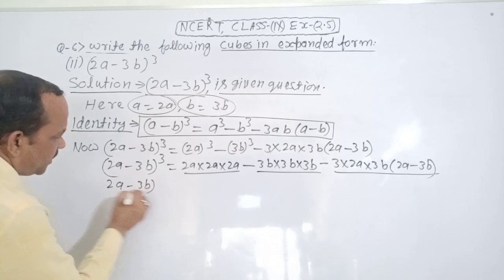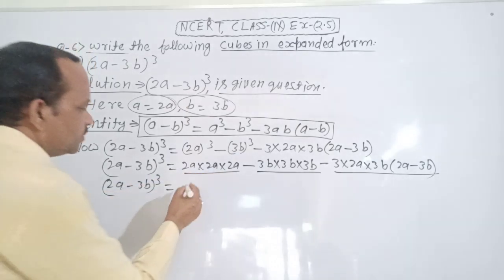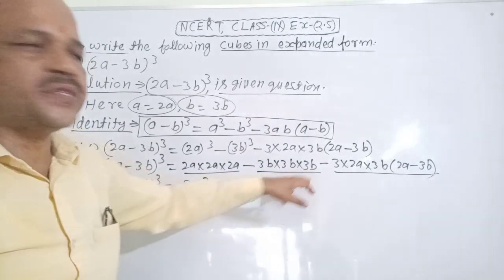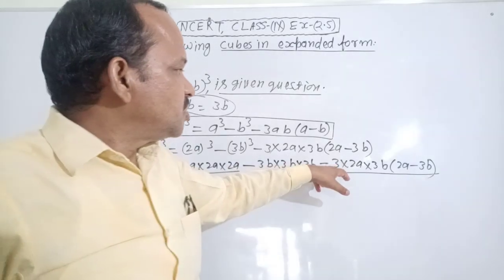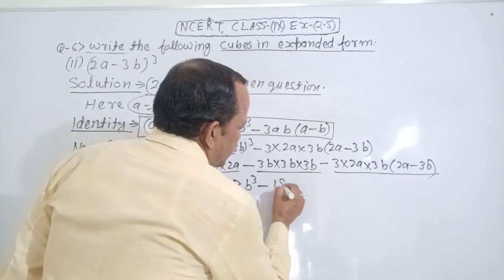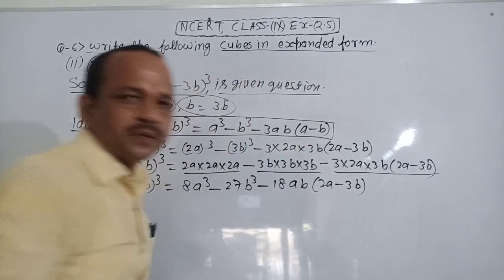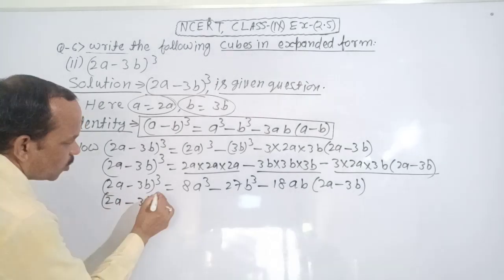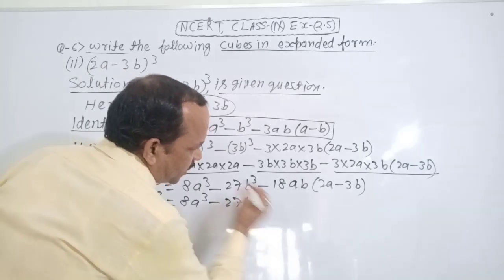See the board. (2a minus 3b) whole cube equals 2 twos are 4, 2 fours are 8, 8a cube, minus 3 threes are 9, 3 nines are 27, 27b cube, minus 3 twos are 6, 6 threes are 18, 18ab in brackets (2a minus 3b). Now you can write (2a minus 3b) whole cube equals 8a cube minus 27b cube minus,